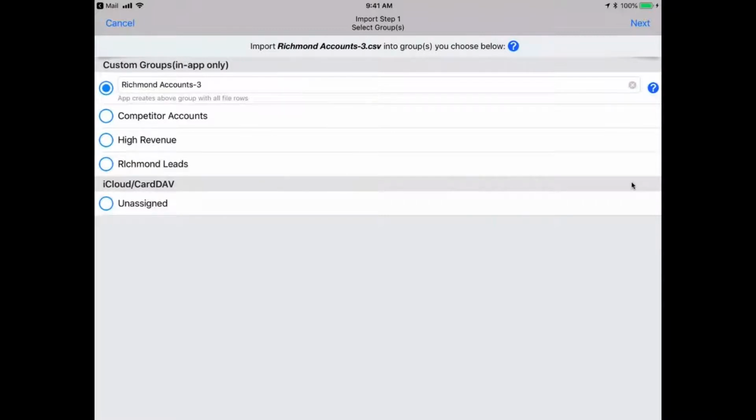Sorry, I wanted to jump in because someone had asked a question: how do I add a current spreadsheet to an existing filter or group? The answer is in this process right here. What you see is a list of Marianne's custom groups.